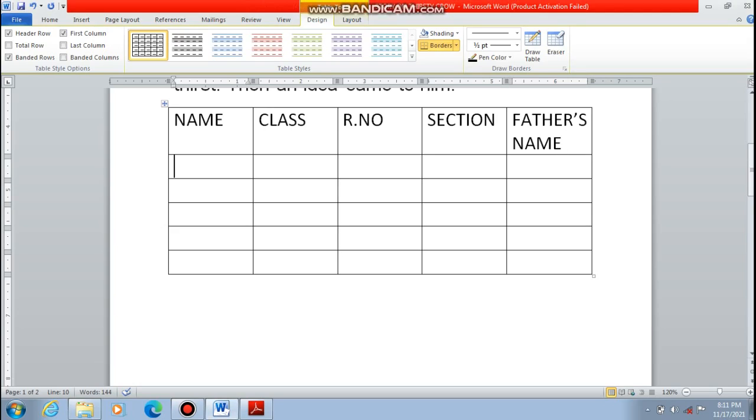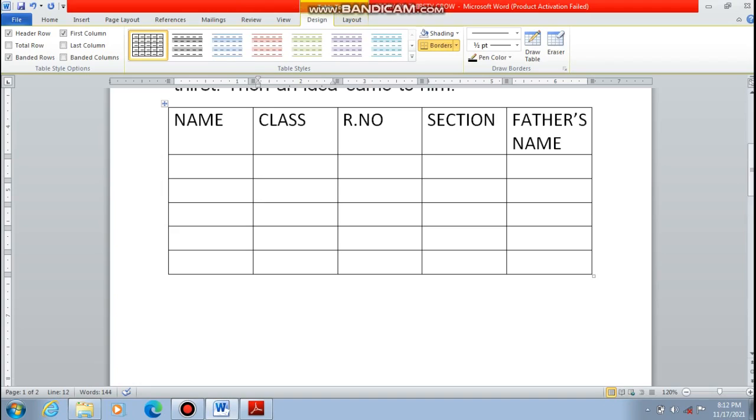Okay, here you can give any name, whatever you want to give, you can easily put it here. Okay, so click on the cell wherever you want to insert the text. Whichever cell among the rows or columns you want to type the text in, you can type it just by clicking on the cell. That doesn't mean that it will move row-wise or in serial order.